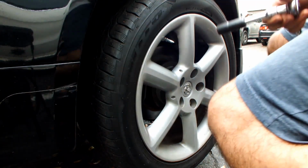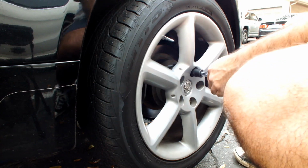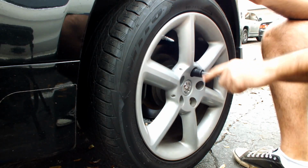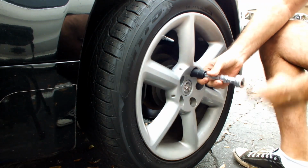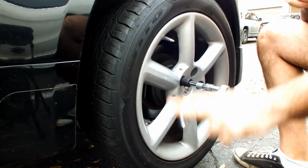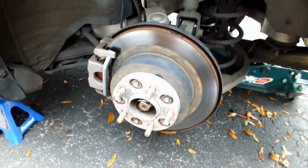Alright, so here's the rear tire. We already jacked everything up. Take this guy out. So you pretty much know what to do in this case. Alright, so now that we have the rear tire removed, you're going to have to